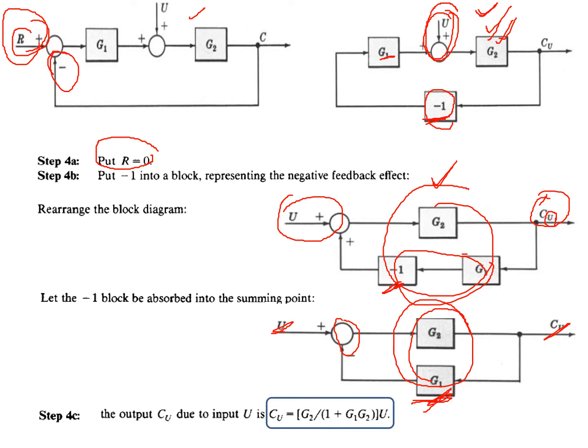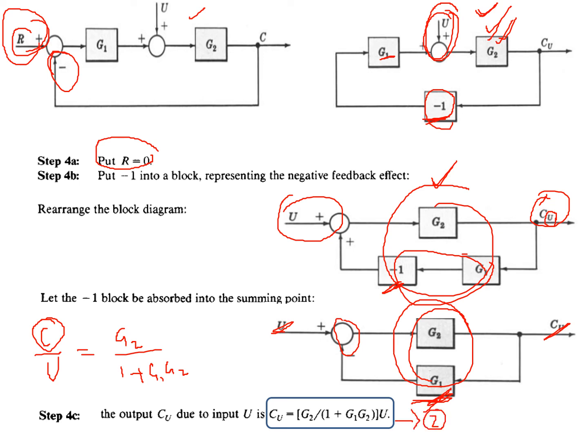By using this, we obtain the transfer function. That is, C by U is equal to G2 by 1 plus G1 into G2. That is the transfer function. From that, find the output. The output C is equal to G2 by 1 plus G1 G2, into U. Okay, consider this as equation 2.